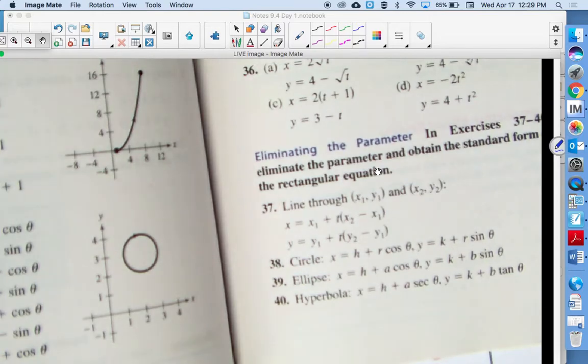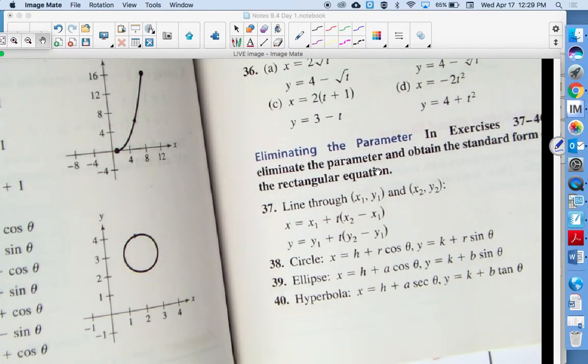So you're going to eliminate the parameter, which means in my x or y equation, you're going to get t by itself, and then take that, just like we did for the 2 problems, and plug it in to get an equation with a y and an x. Your equation for number 37 should look like the equation of a line. Once you eliminate the parameter for number 38, it should be the equation of a circle, x minus h squared plus y minus k squared equals r squared. So the goal is to take those 3 parametric equations and pull them together to get our rectangular form that we've been working with. And then 41